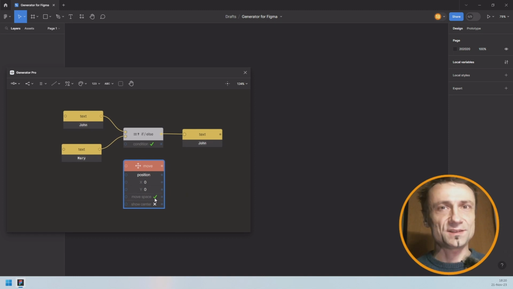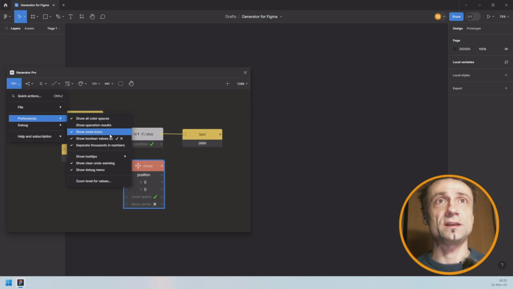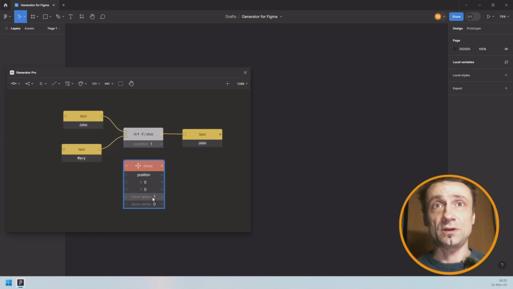If you don't like this, or if you're in a mental space at a certain moment that you want to see the numbers instead of the visual representation, you can go over here in preferences and turn off show Boolean values as checks and crosses. And there you go. So you have 1, 0, 1, whatever. All right, so I